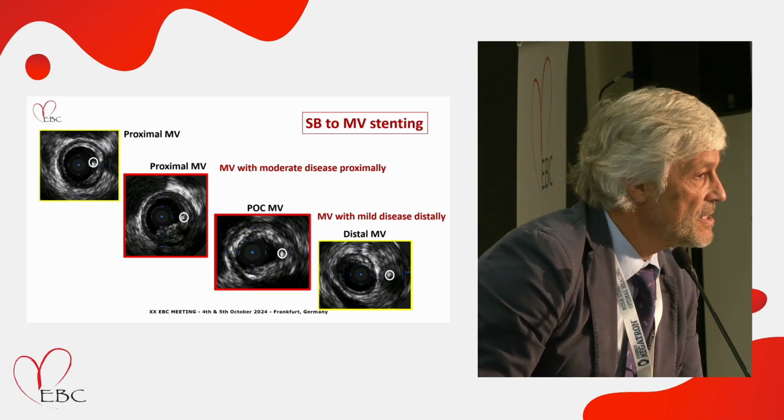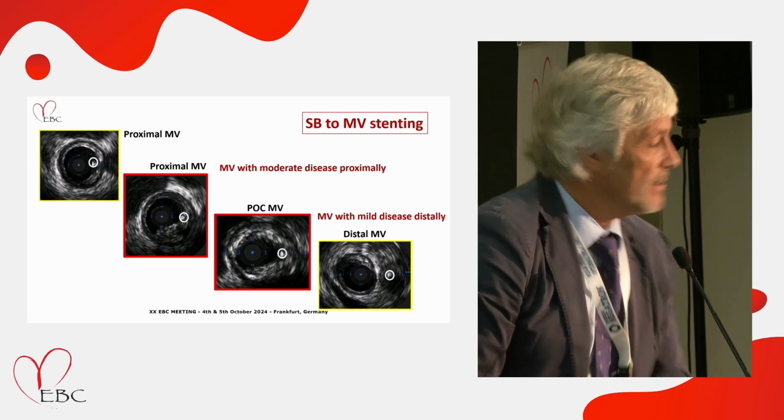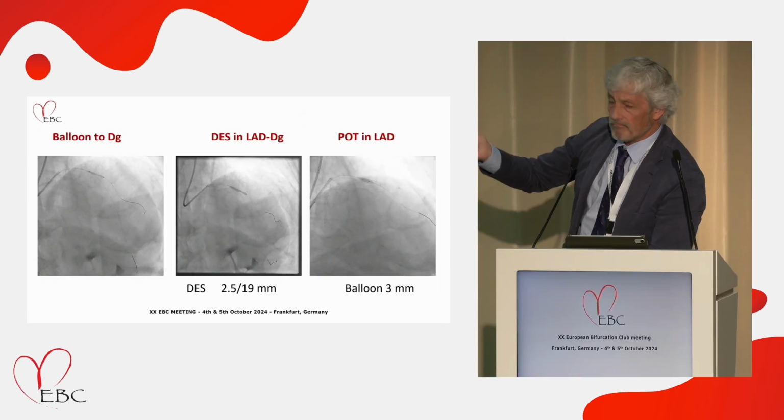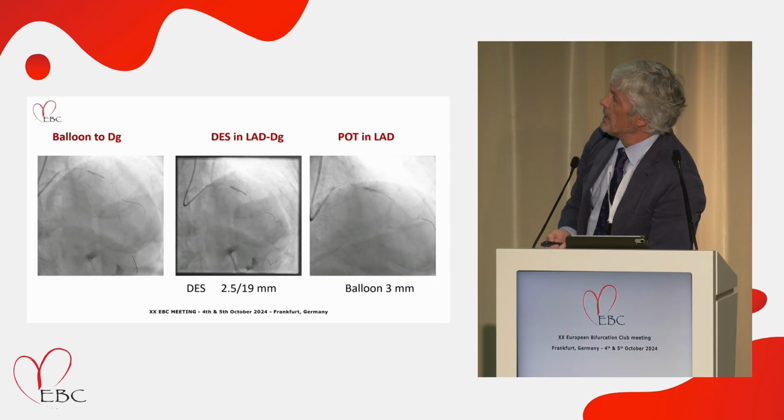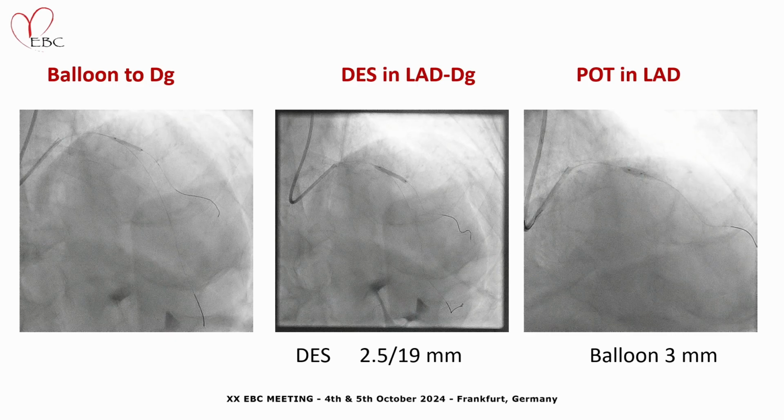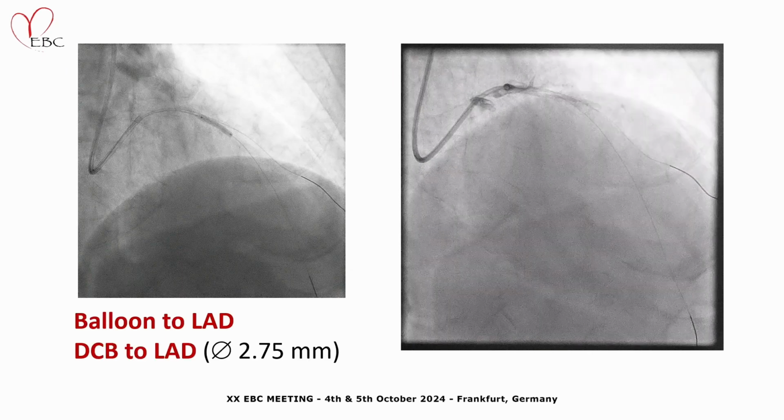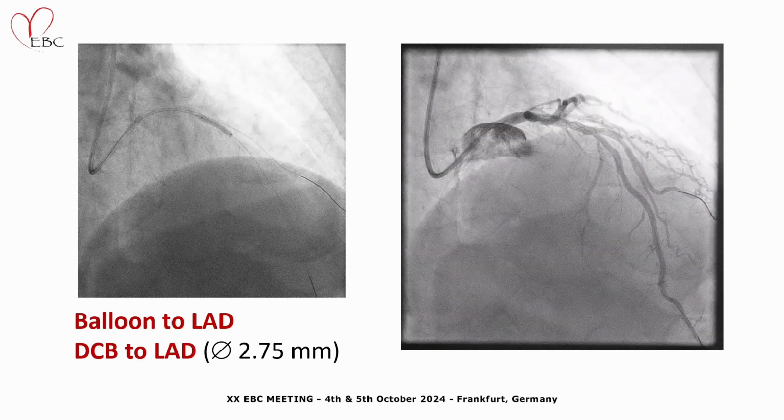Then the strategy in this case is clear. We have to go for a crossover stenting. This is what we did. Balloon to diagonal, DES in LAD to diagonal, POT 3 millimeters in the LAD, balloon to LAD, and something that is empirical, I like to do it,